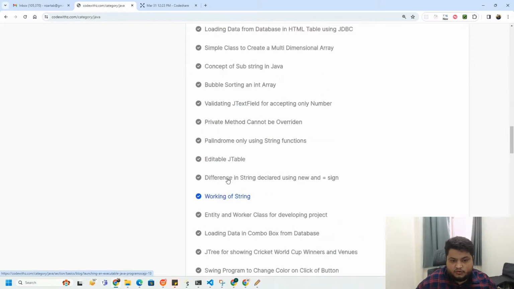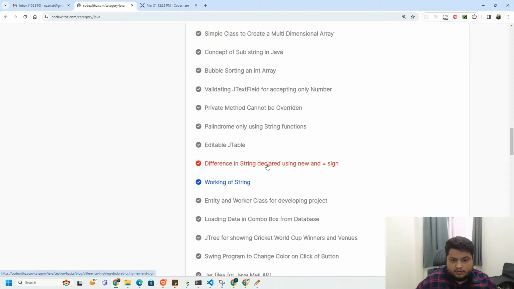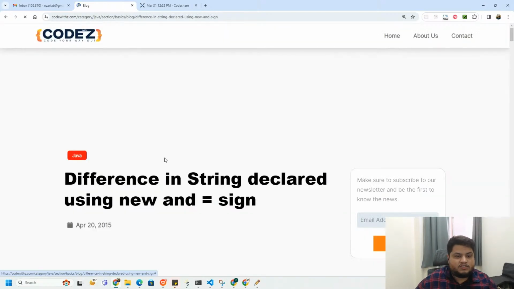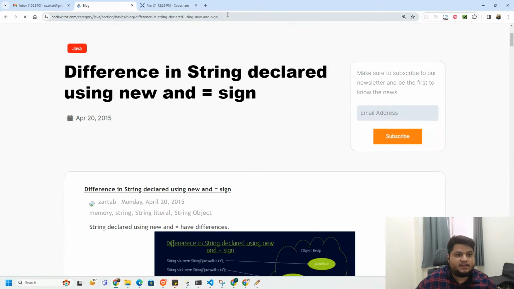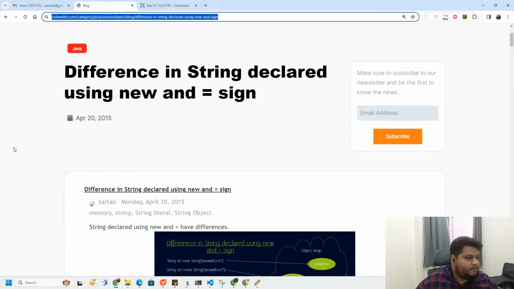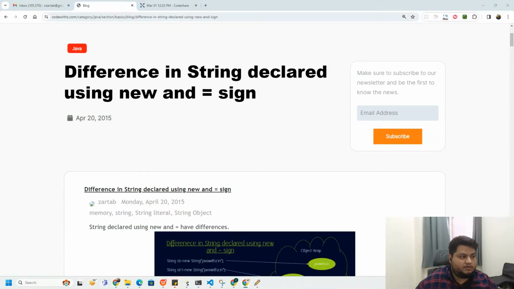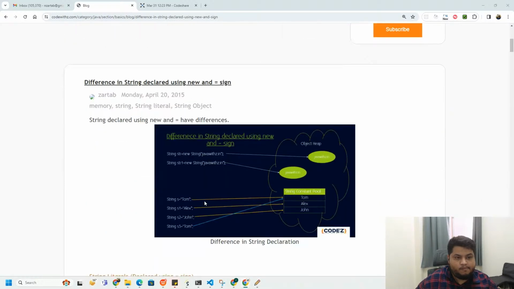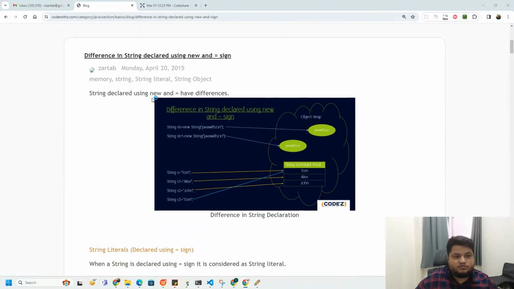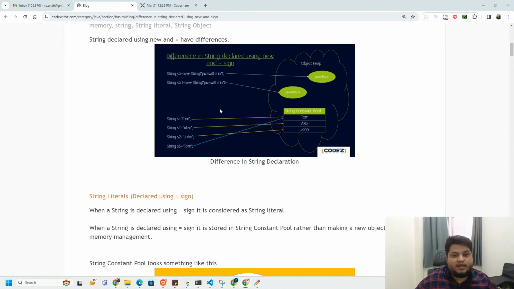I have one more. What is the difference between the strings? See, this is another one. Strings declared using new and equal to have differences. What happens here is there is a string constant pool inside your object heap. Whenever you create an object using the new keyword, always a new object is created. But whatever you declare using equal to